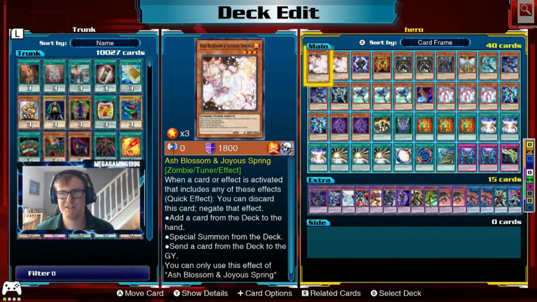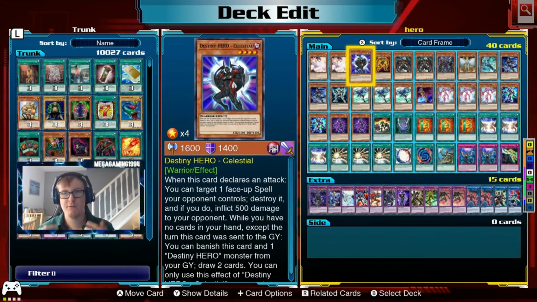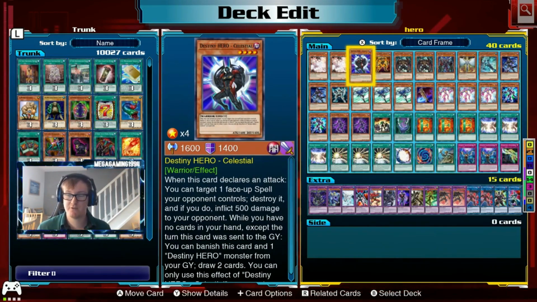On to some heroes, the main reason why you're here. We've got that 1 copy of Destiny Hero Celestial. When this card declares an attack, you can destroy a face-up spell your opponent controls, and if you do, inflict 500 damage. A bit of a niche effect, because the main reason you'll be using Celestial is because of its graveyard effect, where if you control no cards, you can banish it and a Destiny monster and draw 2 cards,